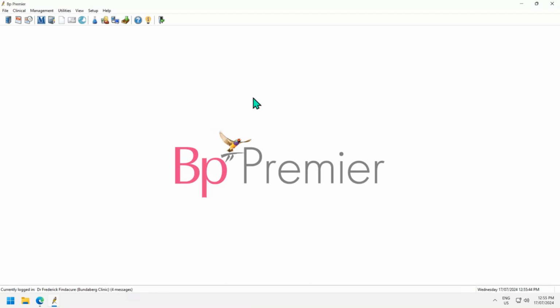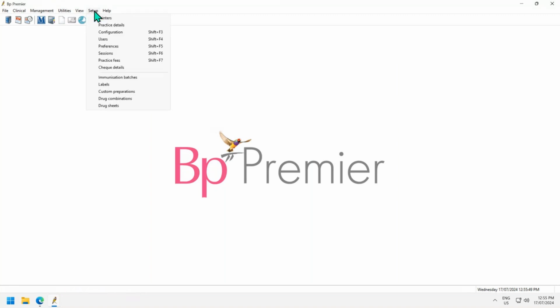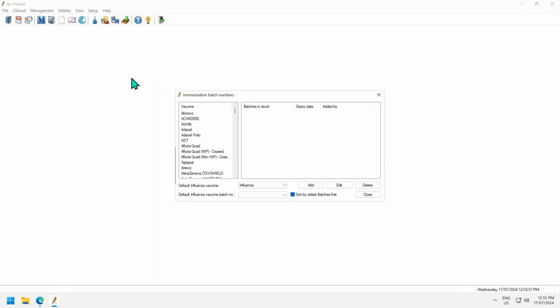Other things from a cleaning up perspective, immunisation batches. So in this setup menu, again, there is immunisation batches in here. The providers and the nurses have the ability that they can add batches on the fly when they're giving an immunisation, or when they're adding it to the software, but they can't delete out of that list